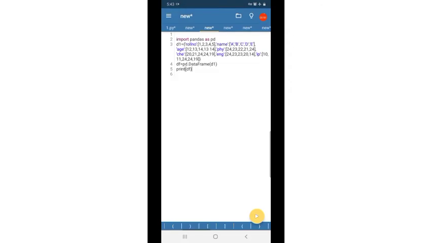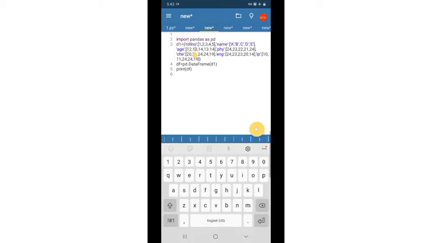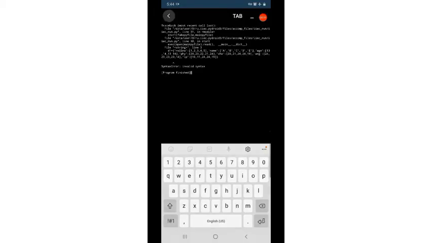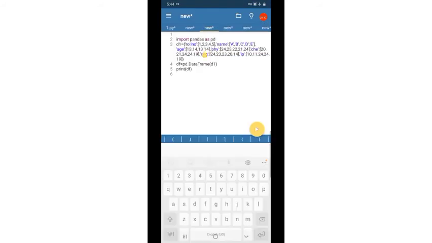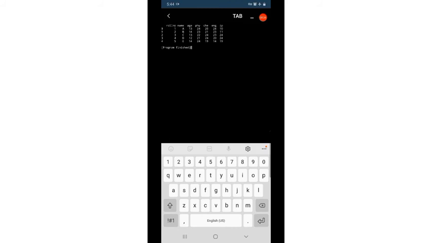Now let us print. So this is our data frame containing column names, roll number, name, age, marks.